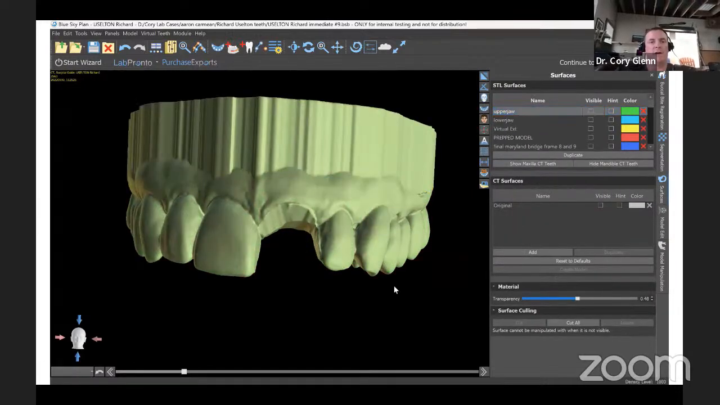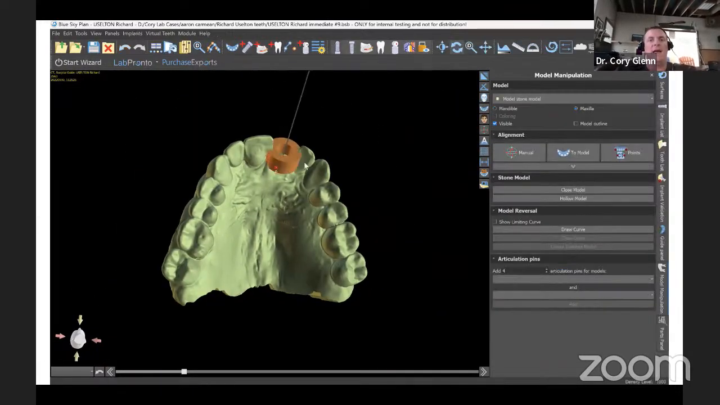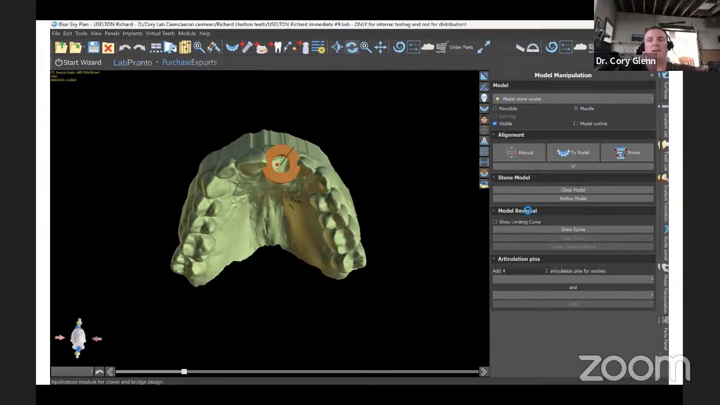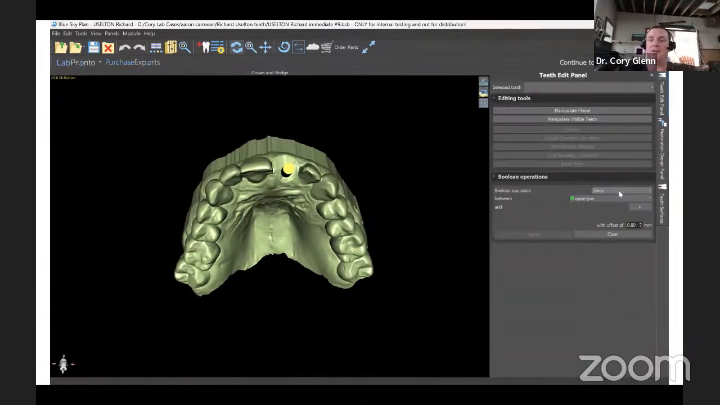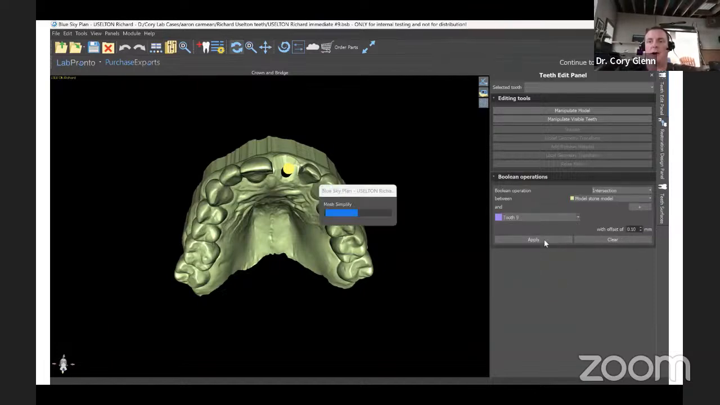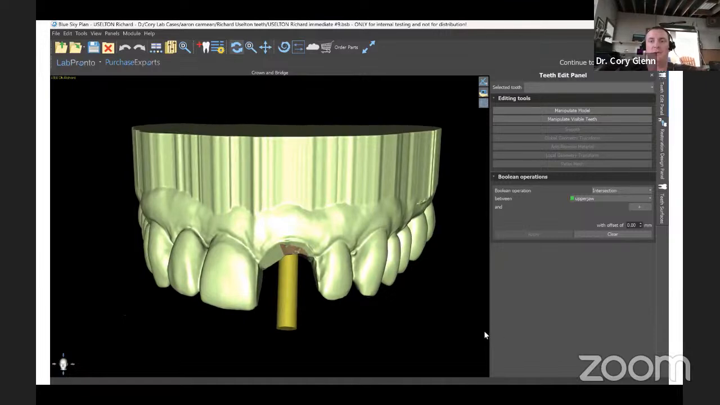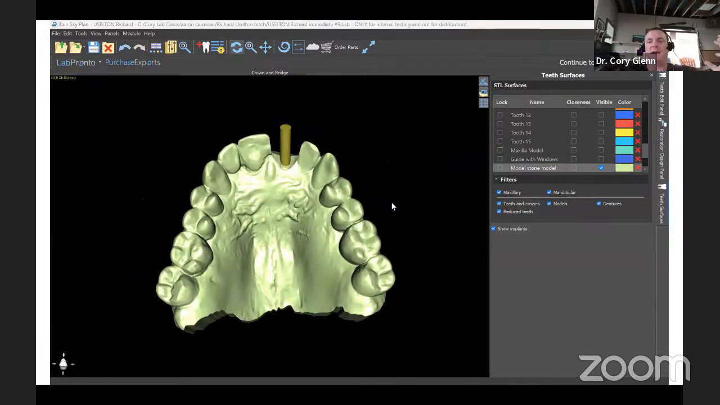All right, here's the resulting model you see right there. And now I'm going to go into the crown and bridge module, because the crown and bridge module is where we actually have the Boolean functions. So a lot of people are unaware that you can do Boolean functions in BlueSky, but what I'm doing here is I'm going to